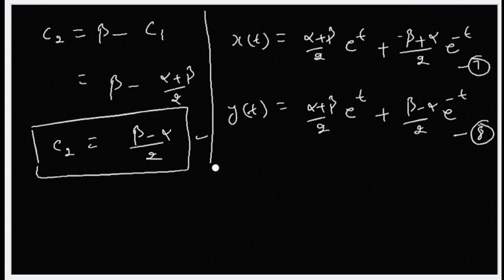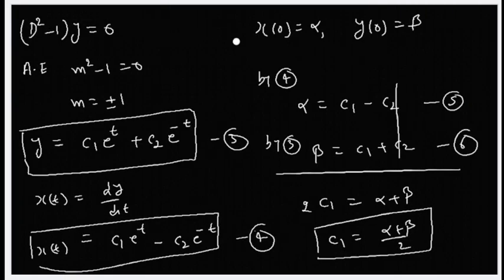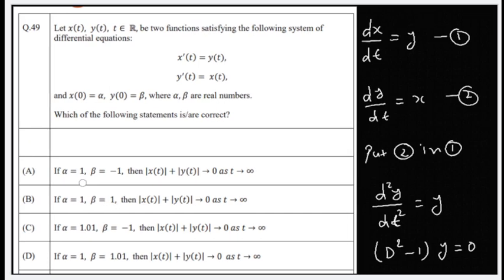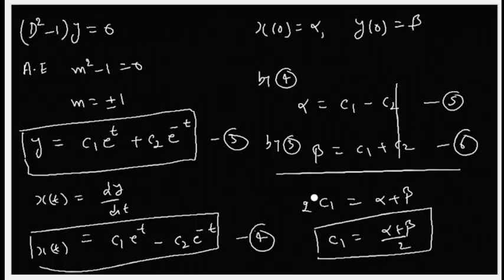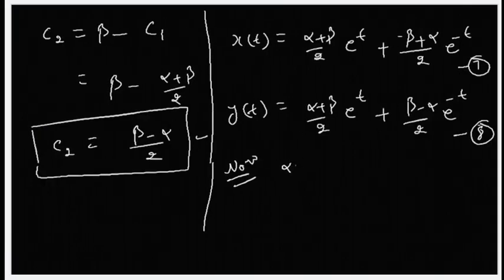Now, according to the options, the first option is alpha equal to 1 and beta equal to minus 1. If alpha equal to 1 and beta equal to minus 1, then the value of x of t equals what? This term is 0 and this term is minus 1 plus 1 and plus 1, 2 upon 2 cancel, so it is e to the power minus